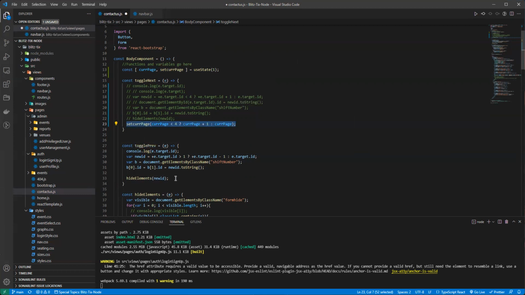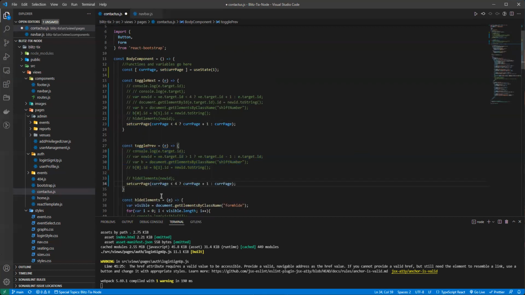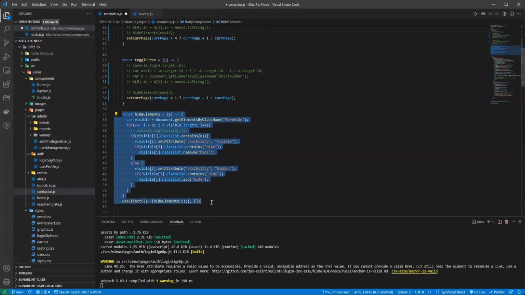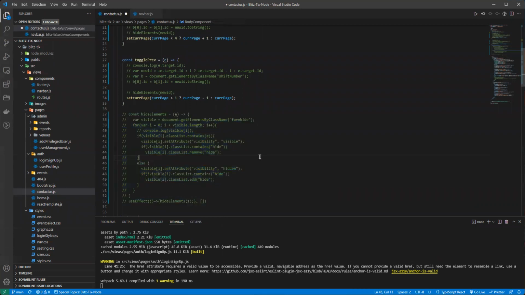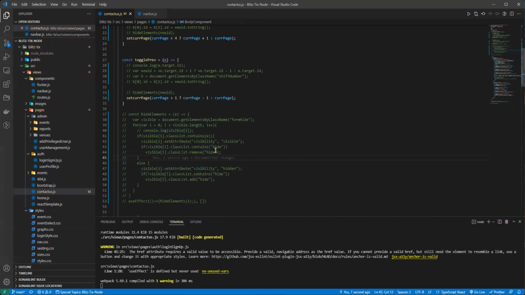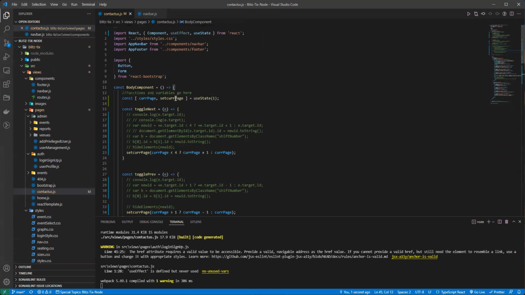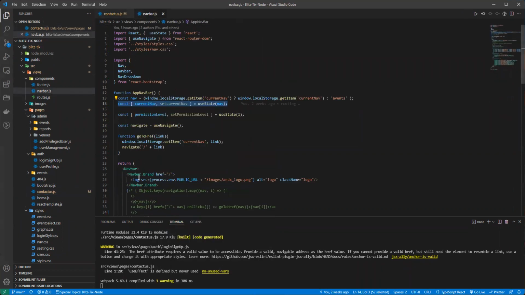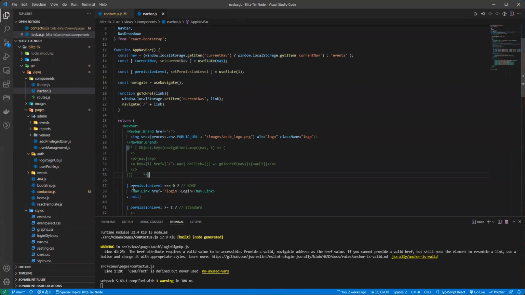Similarly, for the toggle previous, comment all of that out, which is no longer necessary. And we set the current page to when it's greater than 1, we negative and current page. That's all we need. Now we can comment out this entire function because we no longer need it, and that. I'm going to comment those out and show you what you do now in the text. So what we now need to do in the text is to take current page. I'm going to copy that because you'll see there's some cool stuff we can do with these kinds of functions